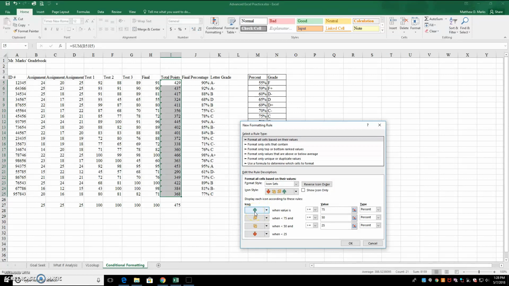Whereas anything like right here, when the value is in the top 75 percentile, it gets a green arrow. It gets a yellow up-pointed arrow when it's less than the top 75% but more than the top 50%, and when it's less than 50% but more than 25%, or when it's the bottom 25%. And I could always adjust these. I could change it so like the top 90%